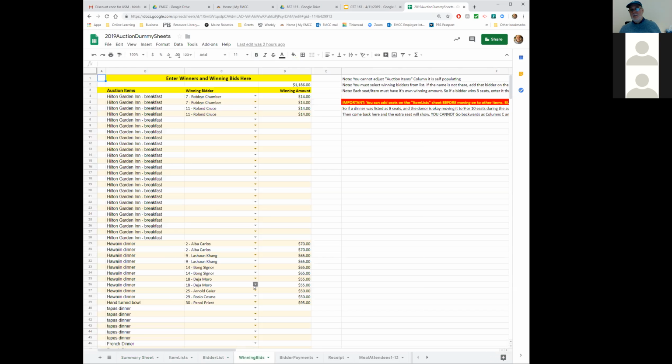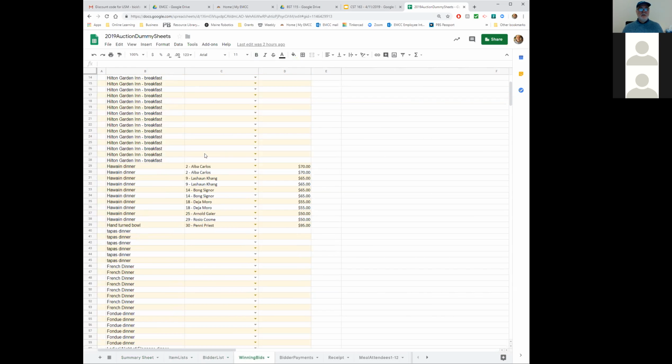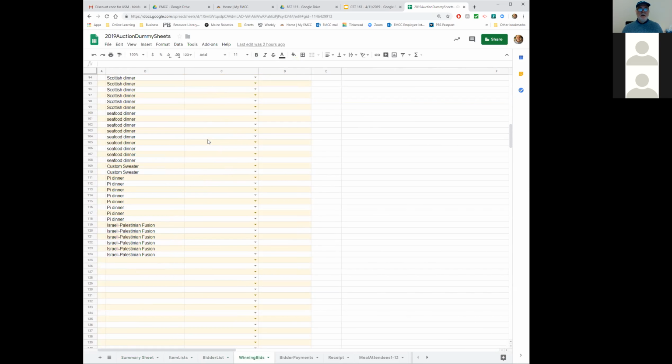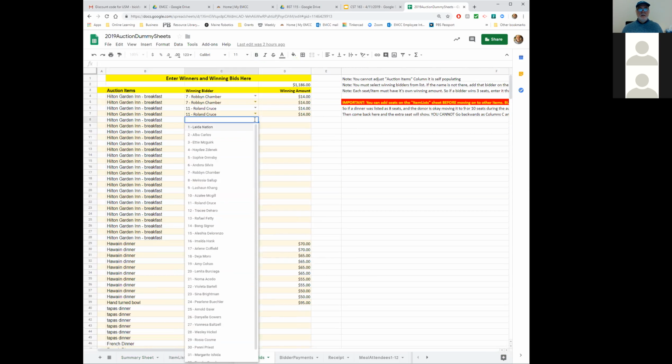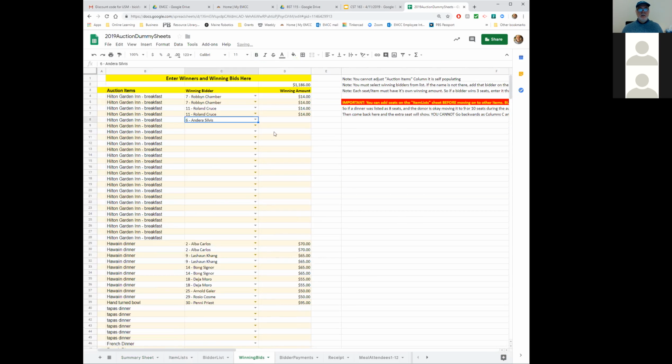Then, this is the fun one. This generates a list of all of the possible things for sale at the auction. Remember how there were 25 seats for the Hilton? So guess what? This automatically generates 25 spaces so that you can go in there and as people win things, say, oh, well, Endura Silvis won a